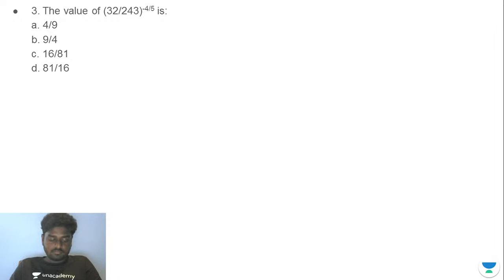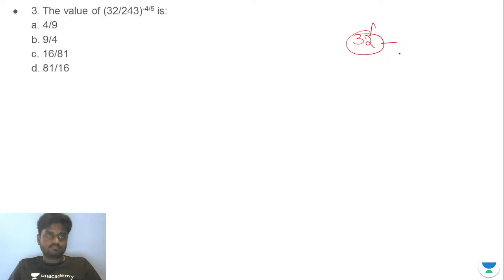Quickly, come on. The value of 32 by 243, the whole power minus 4 by 5. What is the value for this? See, listen very carefully. Here you have 32. You need to make this 32 look,